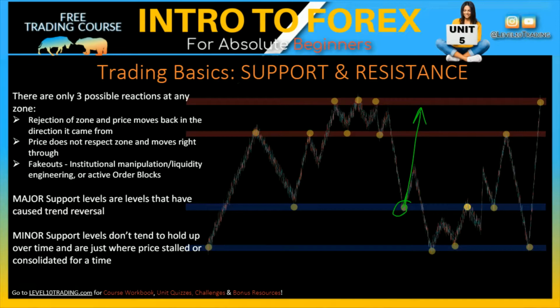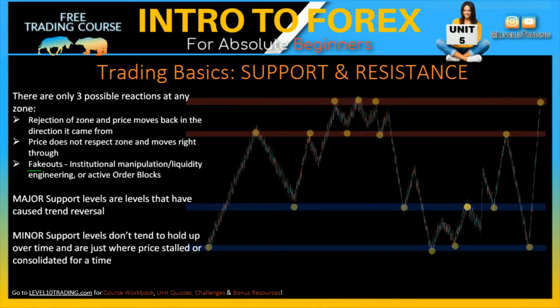But what happens? Price comes up for a small retracement and then plummets. And as a matter of fact, it doesn't even respect, just has total disrespect for your little line that you drew right there and blows right through it. So the market can also not respect the zone at all, and can end up blowing right through that pretty little line you drew. But the third option that can happen is that you will see a fake out or